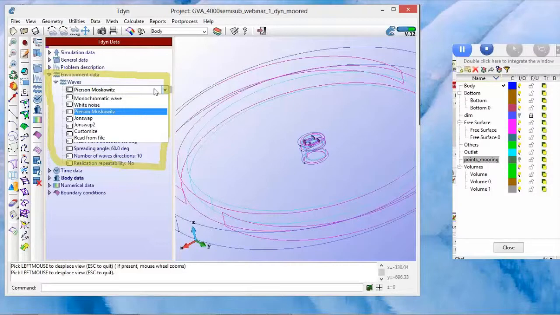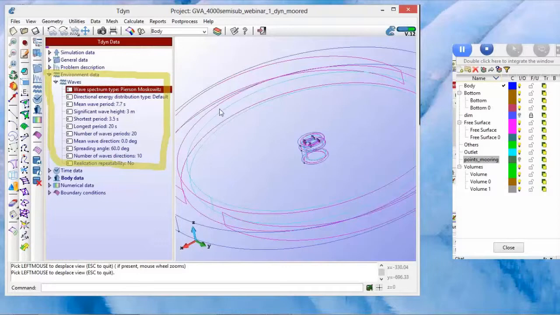Also, the user could customize their own spectrum or even read from a file. You know, if you have your wave spectrum from a buoy in the sea, and you have this output in an Excel file or something similar, you could read it from there. But in this case, we're using Pearson-Moskowitz. We have defined mean wave period, 7.7 seconds, a significant wave height of 3 meters, and well, regarding the shortest